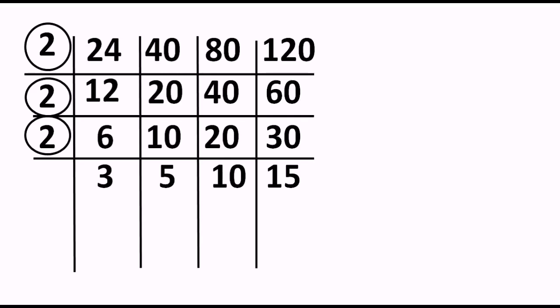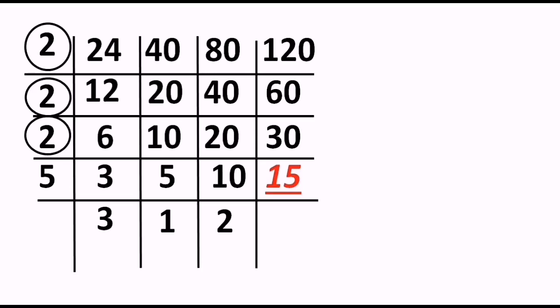If you observe, 5, 10 and 15 are divisible by 5 itself, and we can also take 3, because 3 and the last 15 are divisible by 3 itself, correct? So either you go with the 5 or you go with the 3. Choice is yours. But I have chosen 5 because I'm able to divide 3 numbers at a time by 5. So the first number 3 is not divisible by 5, so it will be written as it is. 5 divided by 5, the answer will be 1. 10 divided by 5, the answer will be 2. And 15 divided by 5, the answer will be 3.